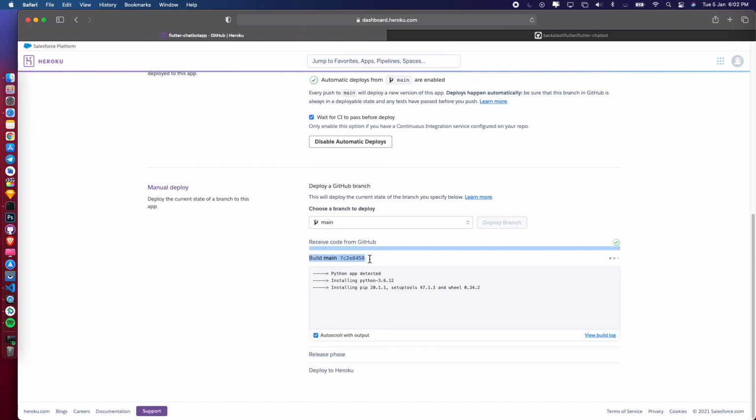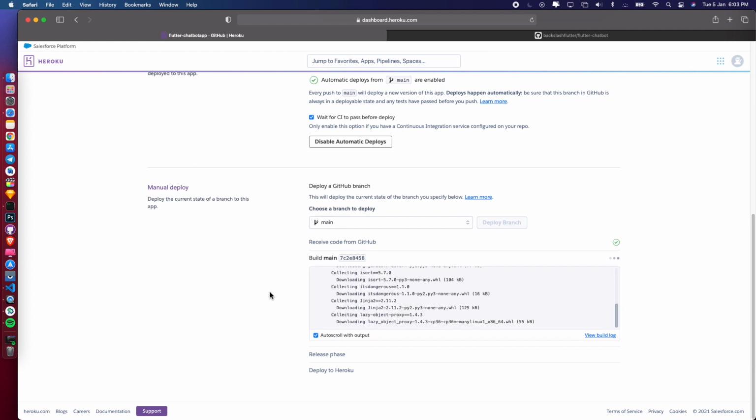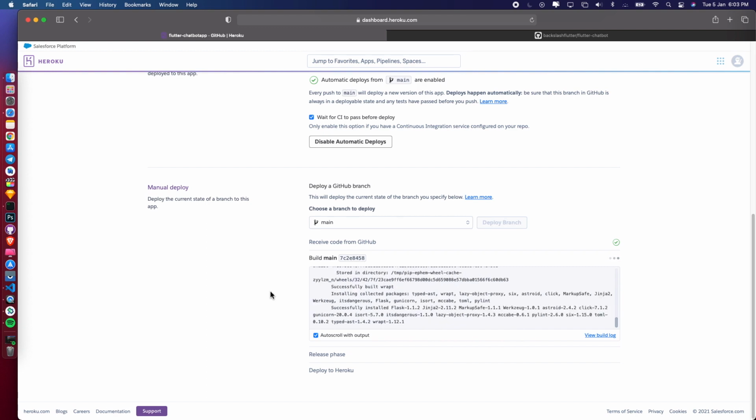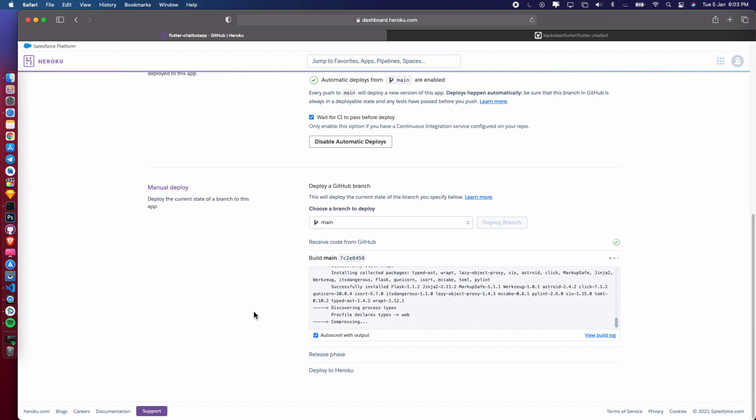See, you can see now it is installing Flask, pytime, pip, SQLite. So all this is a part of the Heroku server. It will install everything for you. Wait for a few seconds, and after that we will get our URL for which we need to make requests. It is compressing. Okay, we got it done.